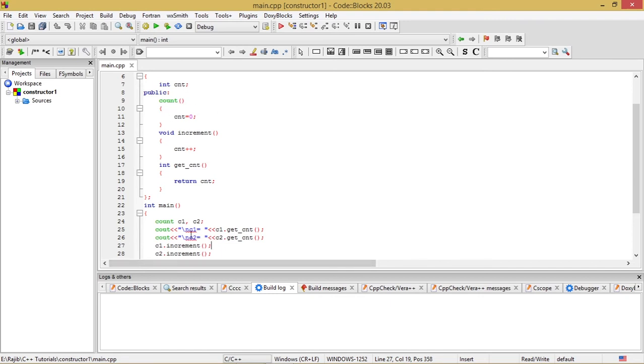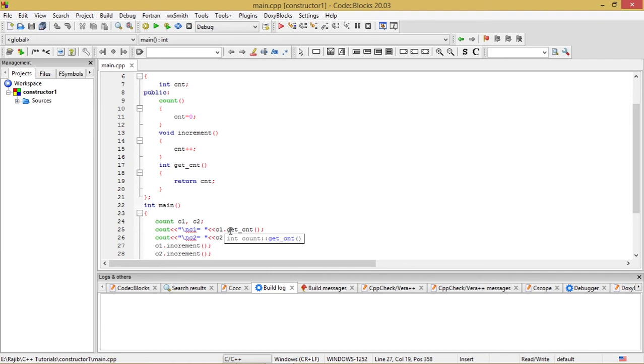So after that, if we go on to call the function C1.getCount, we go to this function and see that return CNT, that is, whatever is the value of CNT for C1 will be returned so as to give it as an output to the console.